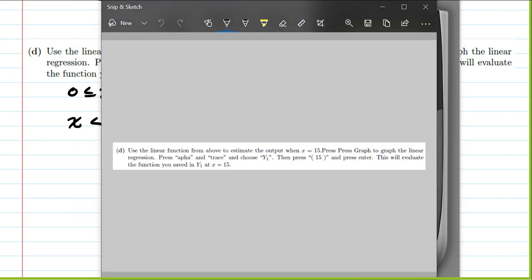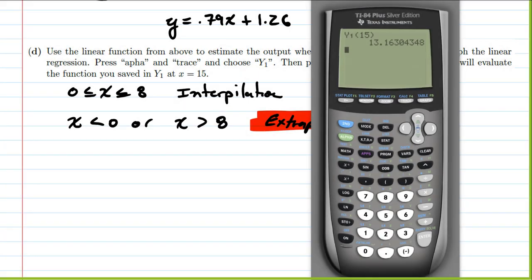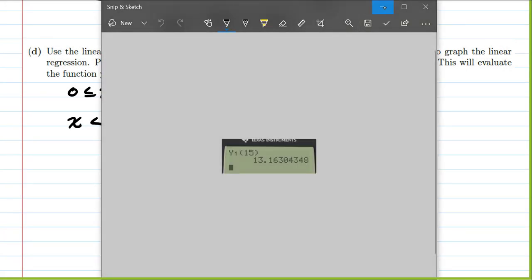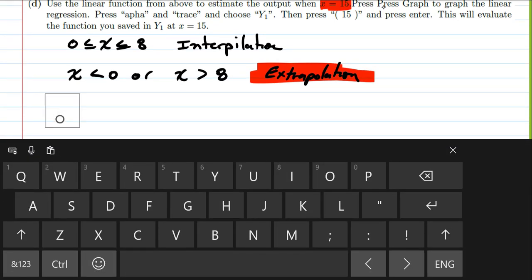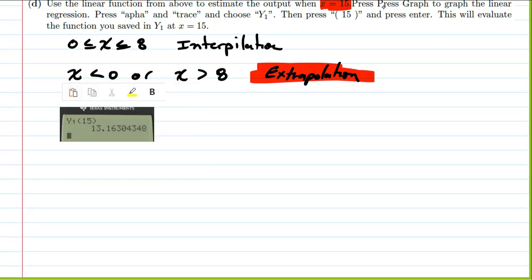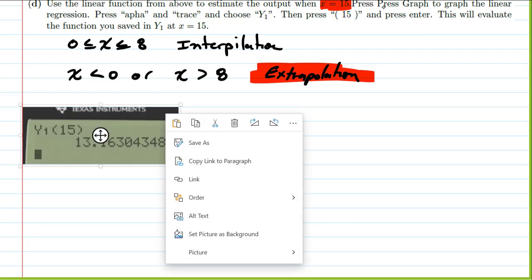So it tells us that the corresponding approximation is this value. So we would estimate or extrapolate that the corresponding output when x is 15 would be